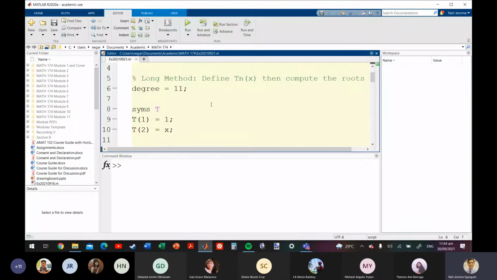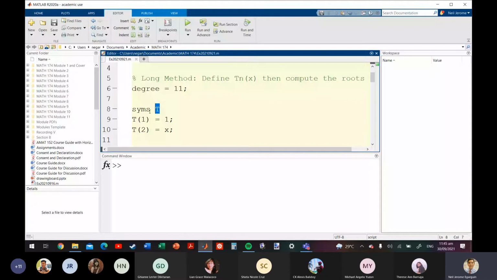So instead of using the theoretical definition of the Chebyshev polynomials, I will use the recursive formulas. Kasi I need to take into account na computers yung ginagamit ko sa pagko-compute. At hindi naman siya ganun kahirap. So, remember, dun sa recursion formula, kailangan ay gamitin ko yung previous Chebyshev polynomials to get the next Chebyshev polynomial. So, to keep track of all of these, I will store in an array T yung mga Chebyshev polynomials. So, dahil mga polynomials sila, they should be treated as symbolic variables. So here I initiated a vector T na dapat symbolic yung laman niya.